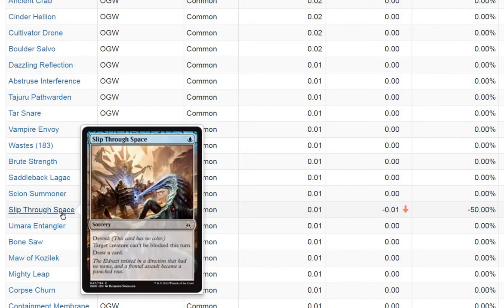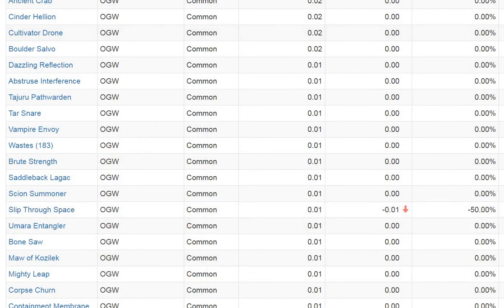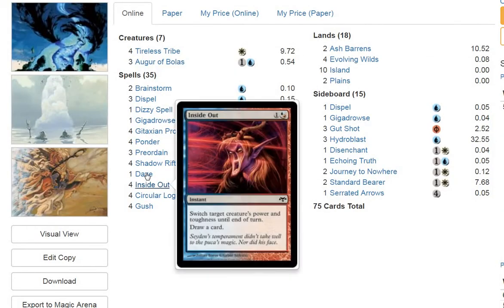It's the same cost. This is sorcery speed, but since this is the turn you're going to be going into combo off, it seems largely irrelevant as far as whether you're playing this at instant or sorcery speed. I mean, either you're going in for the combo or not. So I don't know. It just seems